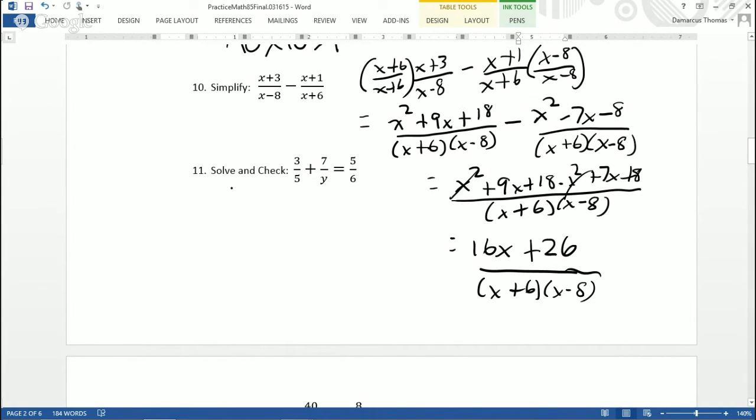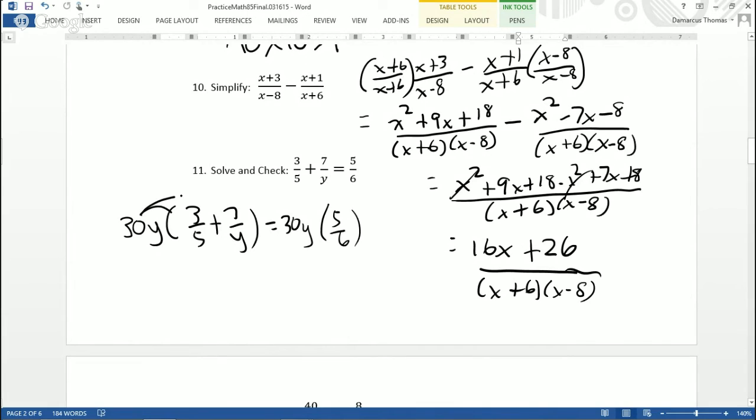Okay, in this particular problem, it says solve and check. So I guess we have a fraction, and the LCD would be 30y. And so the best way to probably do this is to multiply each term by 30y. So that's going to be both sides of my equation by 30y. And when you do that, you have to distribute that 30y in there. We're going to be left with